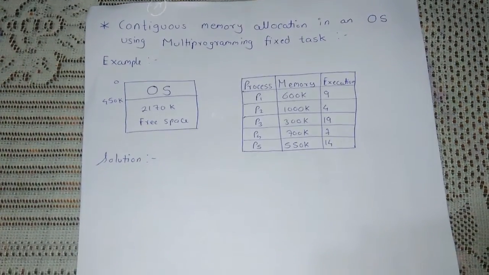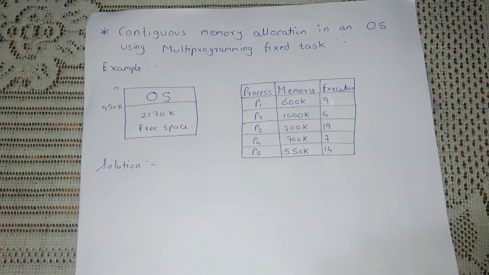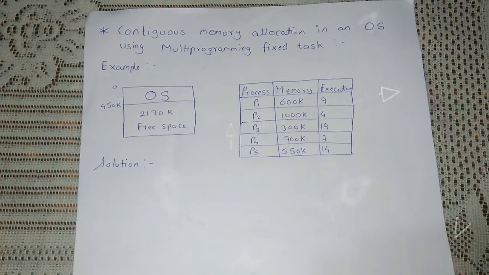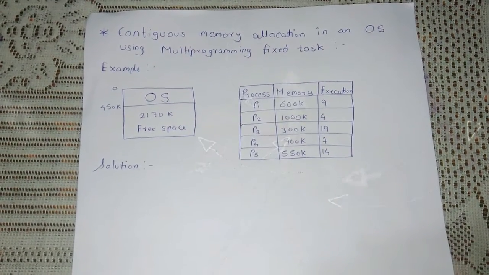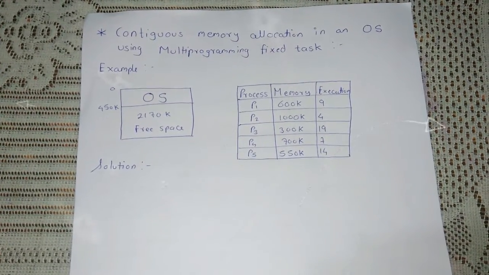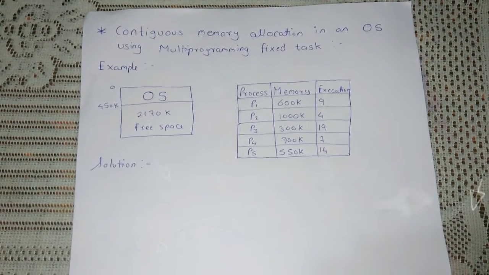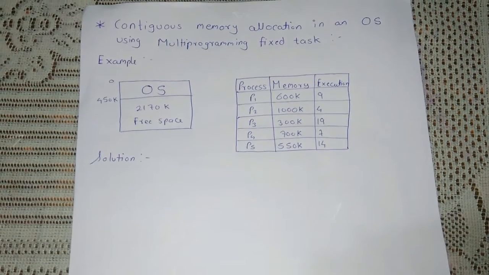If you have understood contiguous memory, then let me tell you that memory is usually divided into two partitions, one for the resident operating system and one for the user processes. We can place the operating system in either the lower part of the memory or the higher part. Usually the operating system is kept in the lower part of the memory. Now you will wonder why only the lower part. This depends upon the interrupt vector.